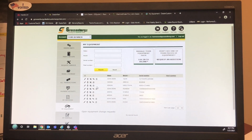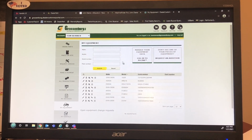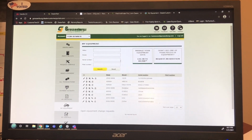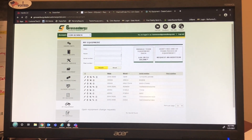And that's just a real basic overview of the online ordering platform. If you got any questions, please reach out to us. We'd be more than happy to sit down and get you signed up, make sure all your equipment's up to date,